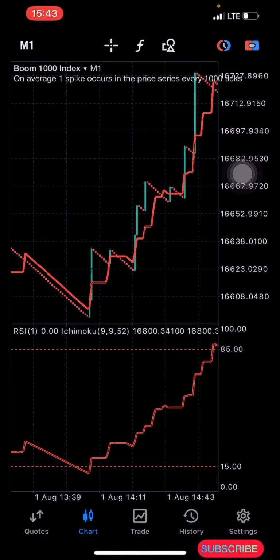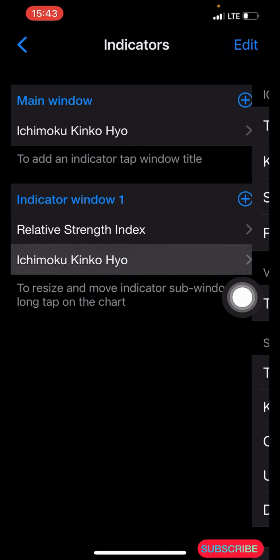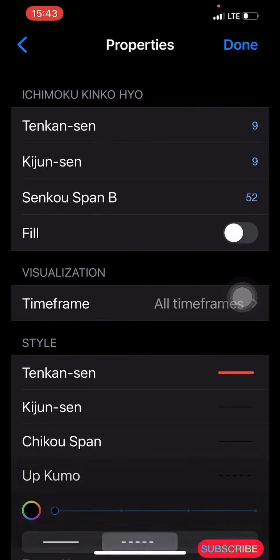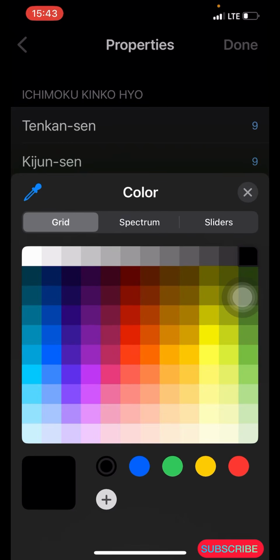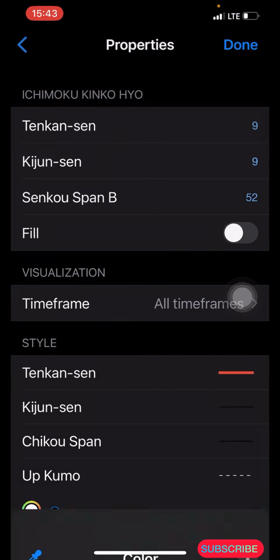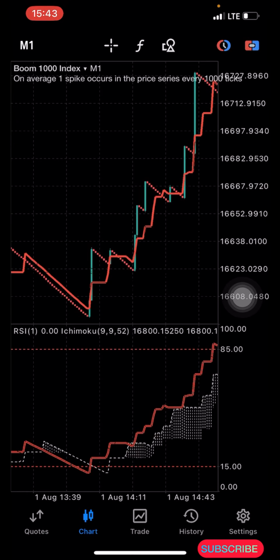Right, so after doing everything, you are going to have a screen like this. Okay, sorry, I'm not supposed to remove that color, so let me add it back. All right, so this is how it is. Okay, so